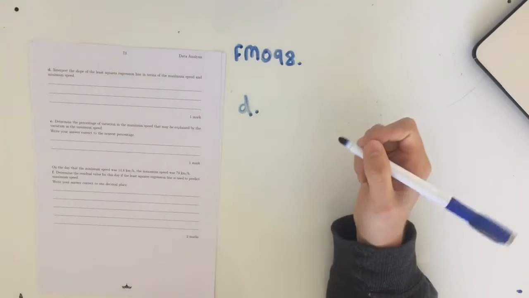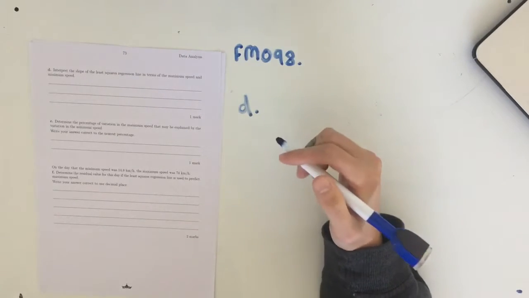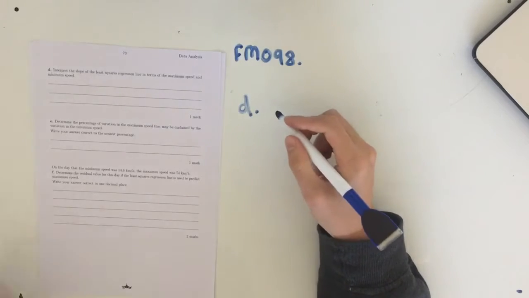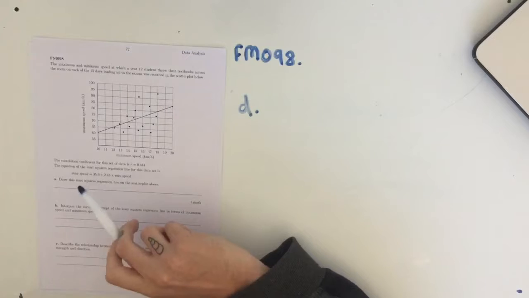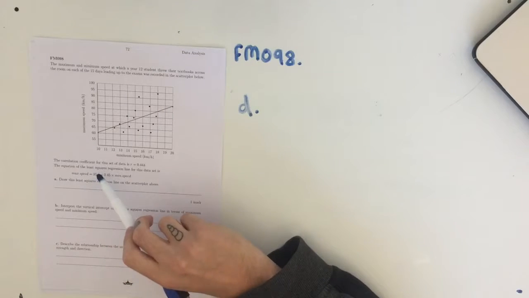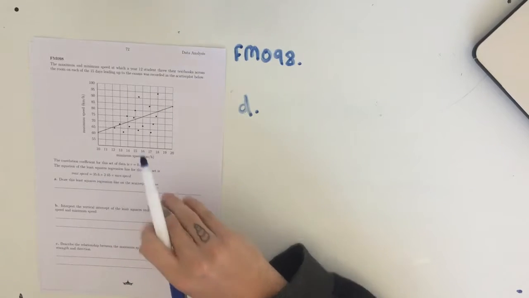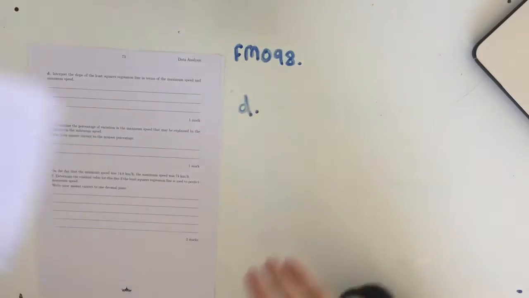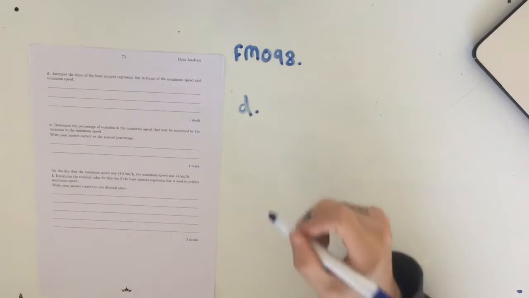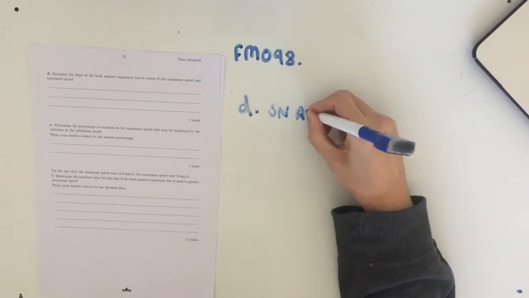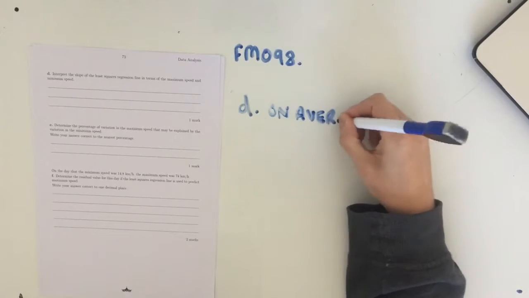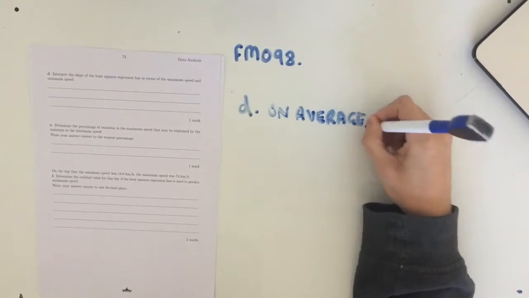So interpret the slope of the least squares regression line in terms of the maximum speed and the minimum speed. So coming back to here for a second, our equation is as so: max speed equals 35.6 plus 2.45 times minimum speed. So this is going to give us an answer along the lines of on average. Now this on average is important because, of course, the least squares regression line that we have, if I bring it back for a second,